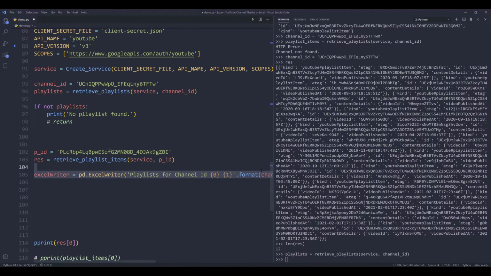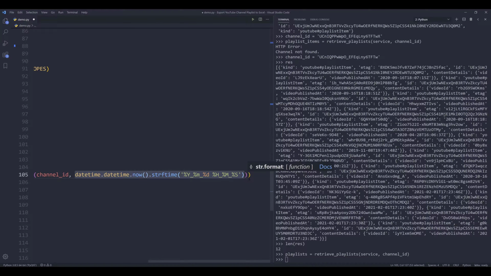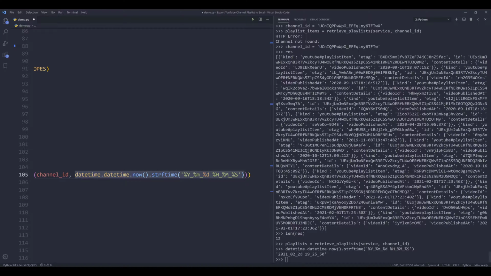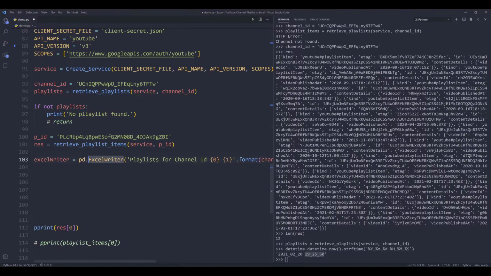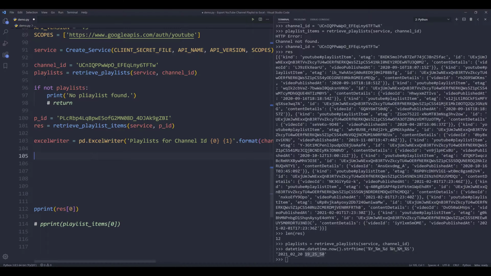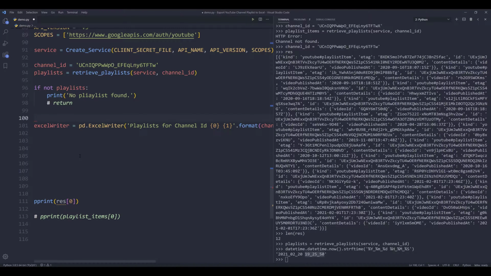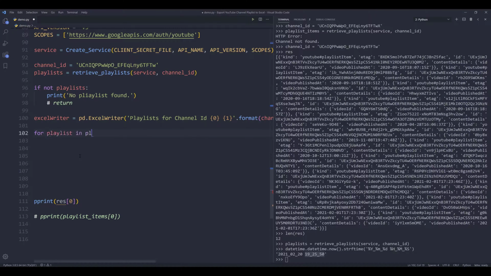Let me run this statement real quick. Okay, so it's going to return today's date, actually current date and current time in military format. Now what I want to do is iterate every single playlist inside this playlists list. And I'll delete these two lines. Alright, so for playlist in playlists,